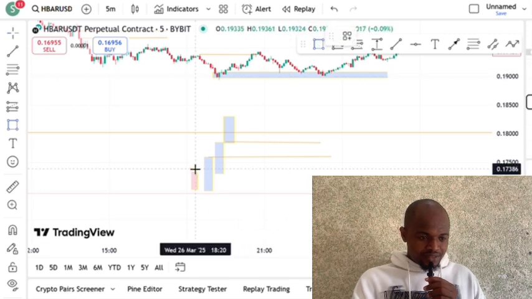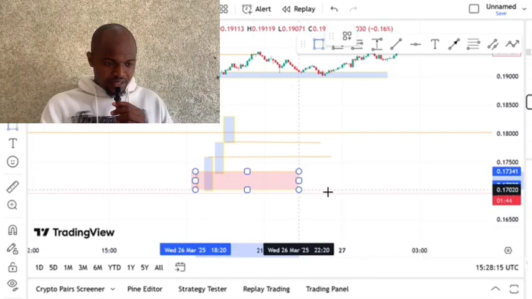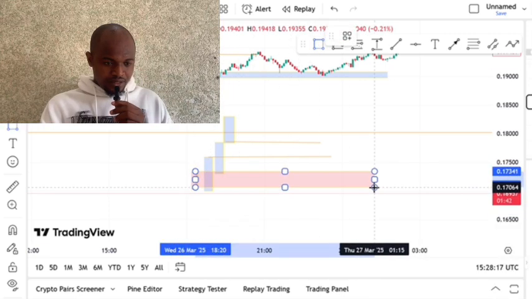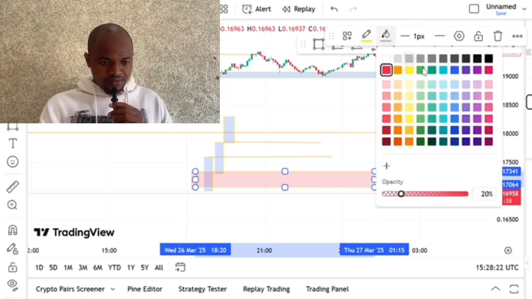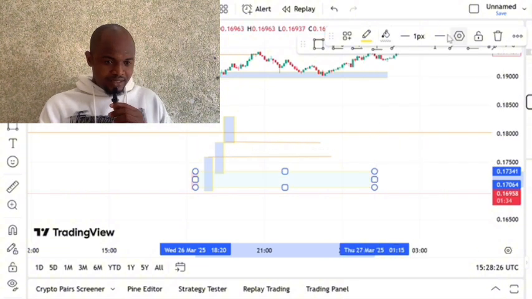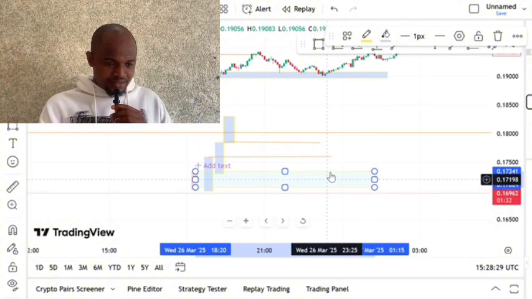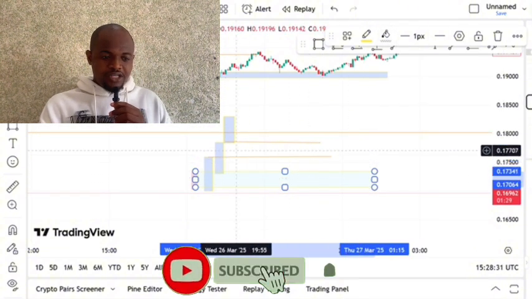Now we'll mark it out like this, and that becomes our order block. All right, let's give it real color. As it is now, this area is our order block because it is below